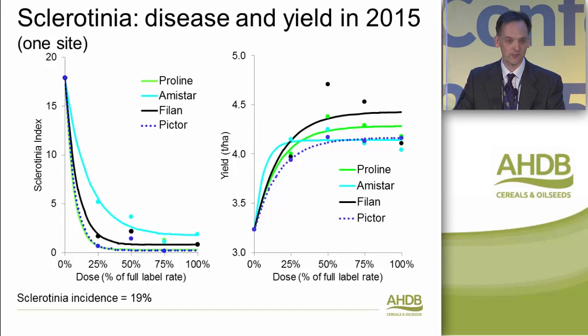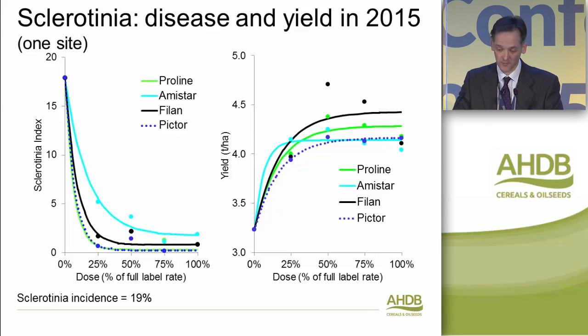The yield responses we've seen here are around a tonne per hectare, but this disease can halve yield or worse in some circumstances. Thankfully, it's not that common, but if we can use disease forecasting or any other tool at our disposal to identify what the risk of this disease is, it's one that we could really benefit from managing more effectively when it occurs.